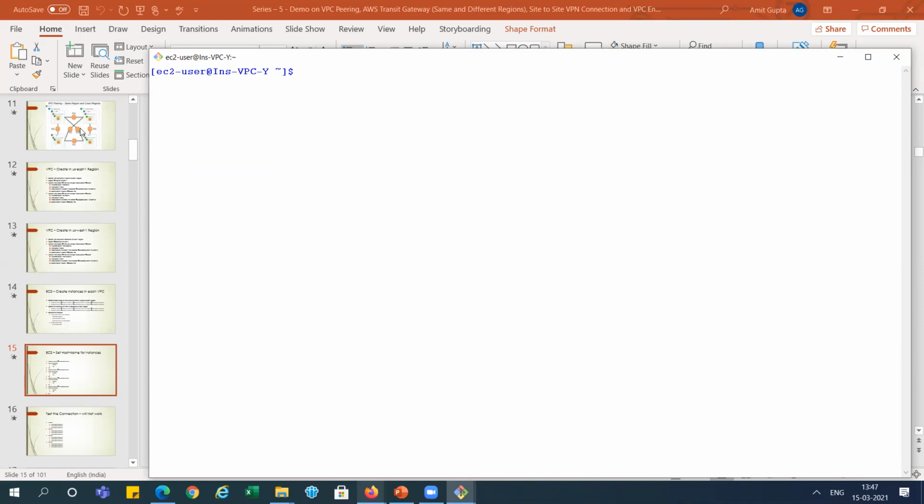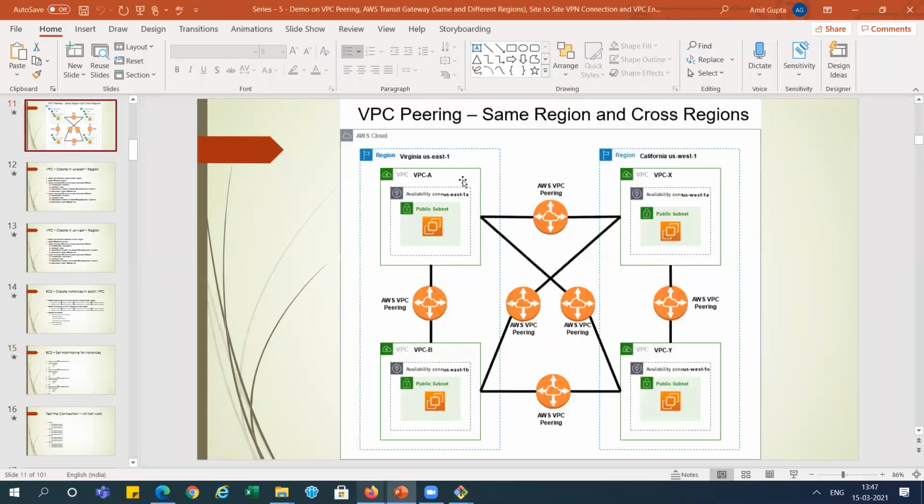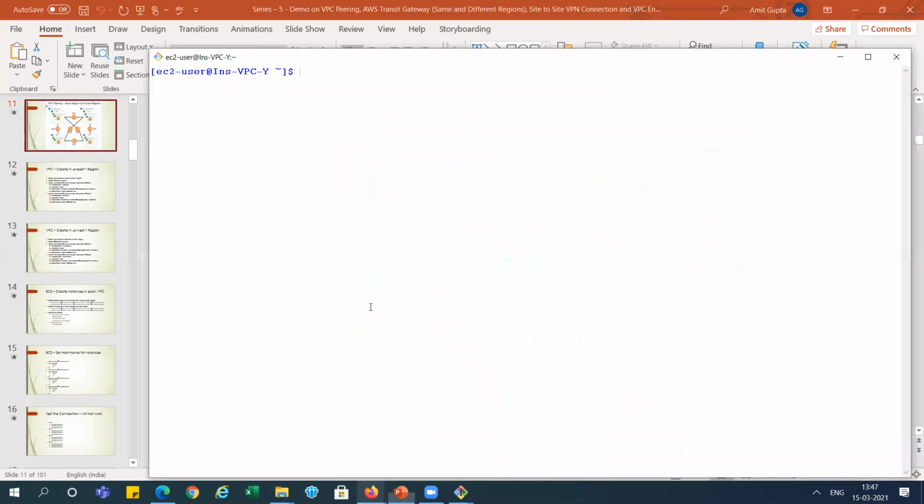Now we have done actually what we did so far. You can see this diagram. We created this VPC and instance also: VPC and instance, VPC and instance, VPC and instance. We have done so far. So now we will try to connect with the public and private IP from this instance or this instance, because we have not created the VPC peering, so it will not work, right? Later we will go and check, right?